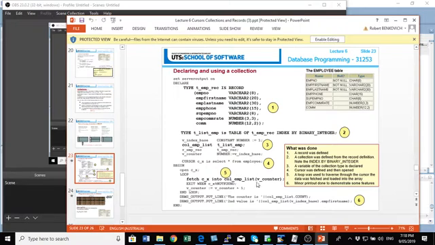Collection 1, collection 2, collection 3, these are the elements that I'm storing, and I'm building my table in memory. Index by binary integer means that this is how we're indexing it. Now again, I'm referring to this data type by its name. Abstract. I don't have to worry about individual elements, so I'm basically saying, okay, create this counter. When I'm using the elements,